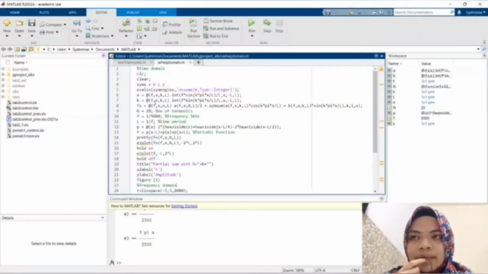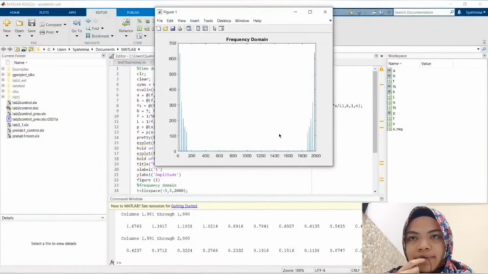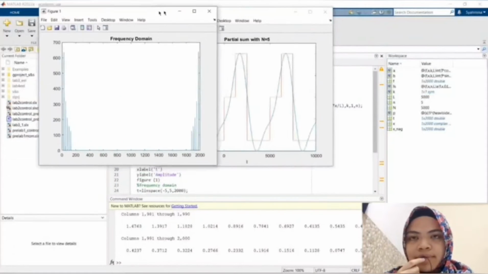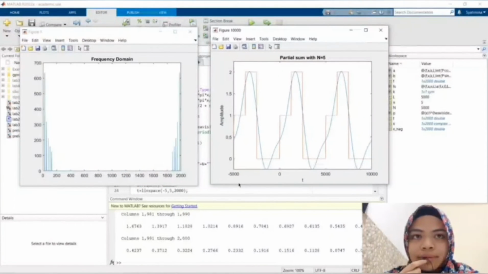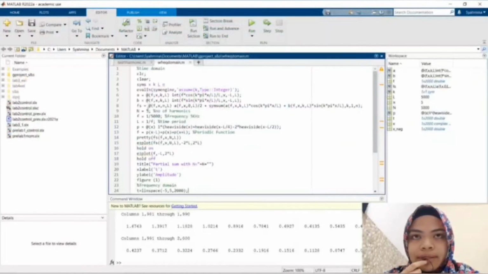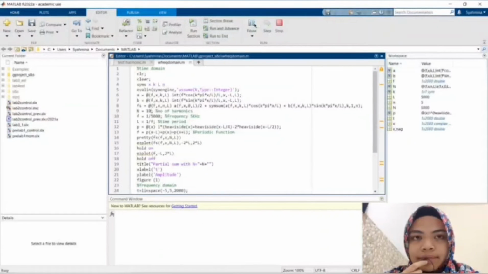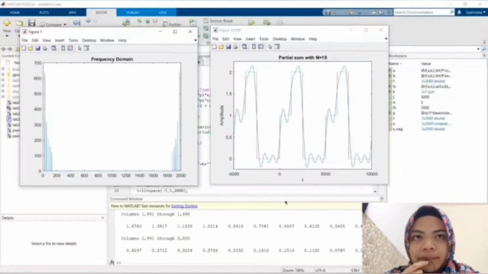We put the waveform in the frequency domain. Frequency domain displays how much the signal exists within a given frequency band containing a range of frequencies. This is the result of the frequency domain when n is equal to 5, and then we change the n to 10 and observe the result, and then we change the n to 20, and finally we get this frequency domain,